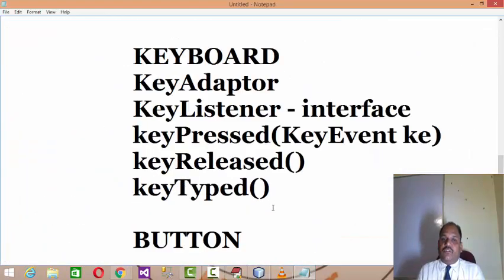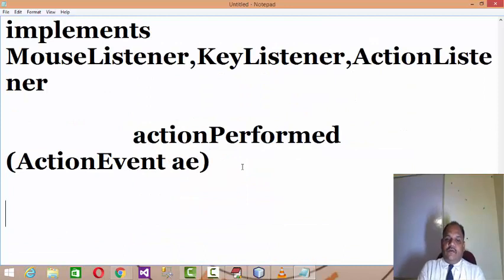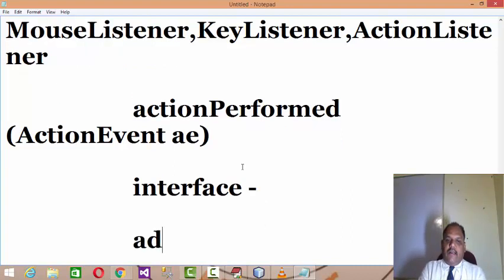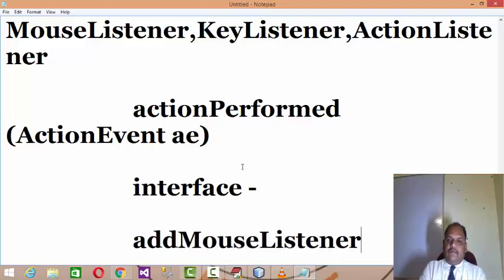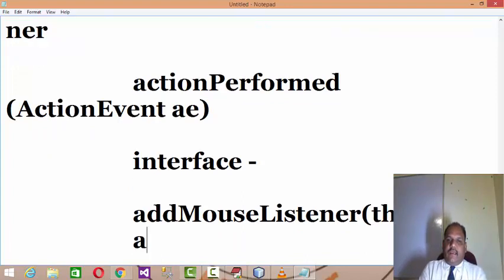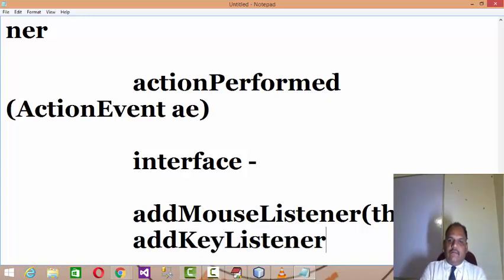First of all, for events to be processed, you need an interface which will provide you the abstract methods, and then you have to add the listener to your application, addMouseListener, addKeyListener.